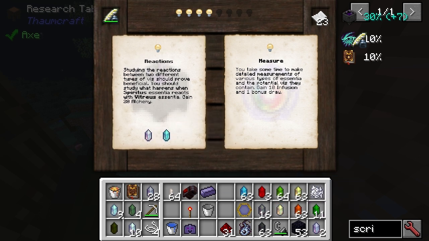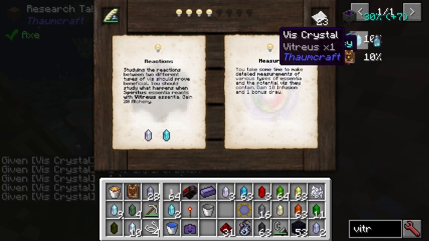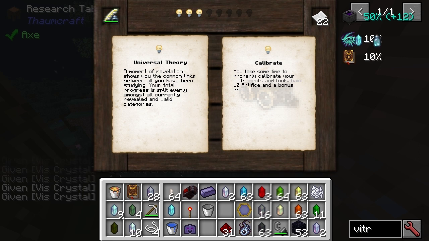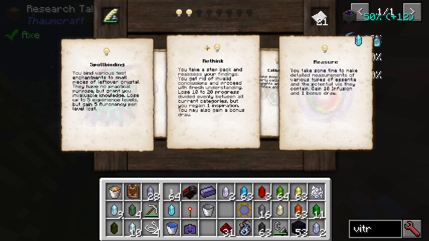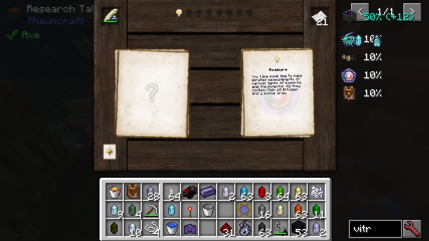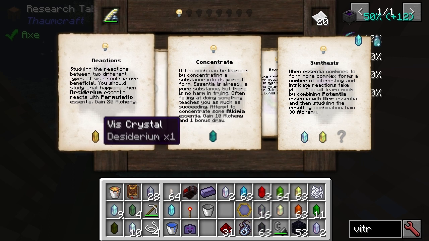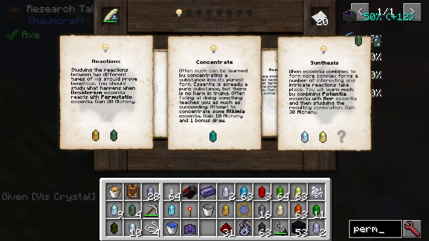Okay, so we just need Spiritus and Victus. That's cool though. Don't know why I'm taking more than once. But I may need them another time, I guess. It's split evenly. I don't really want that though. Infusion. Oh yeah, that's not what I wanted. 20 alchemy for that one. Desiderium Permutatio. That one's 30, but I haven't got...